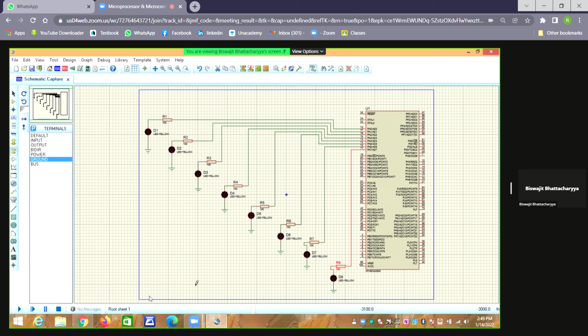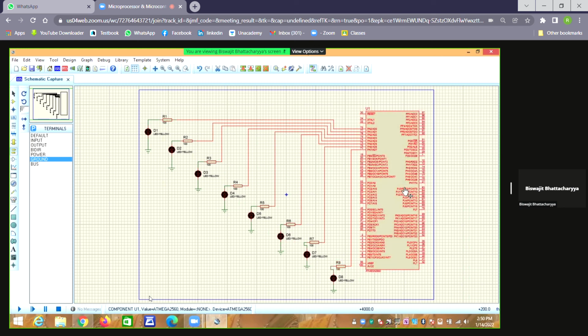So things are ready. Once it is ready, our next step is that our hex file must be linked with that particular model of Atmega 2560 microcontroller. So click on it.